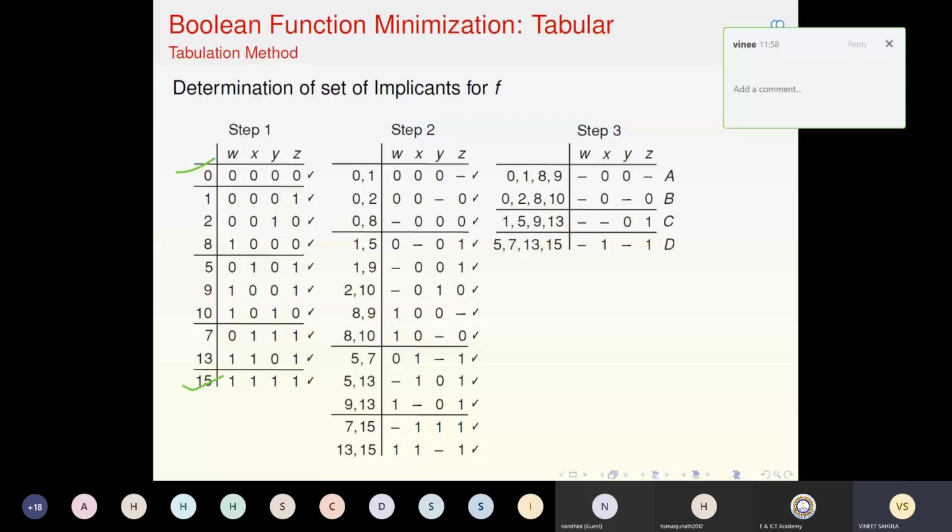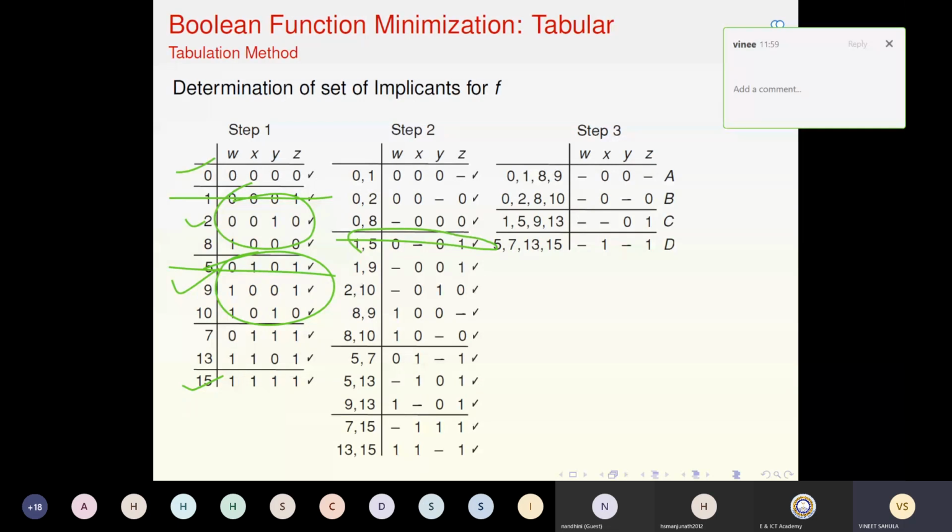Why have I done that? Because I have to pair the terms from this group with the terms in this group, any one of them, because they will always differ in one position. So in the K-map, if you remember, selecting a neighbor means its neighbor differs only in one bit position. That's a neighbor. So this is another way of finding the neighbor. So all minterms here are neighbors. Each minterm is a neighbor of each minterm here. Only thing is you have to find out how they differ in what position. So if I choose 1 from here and 5 from here, I can pair them here.